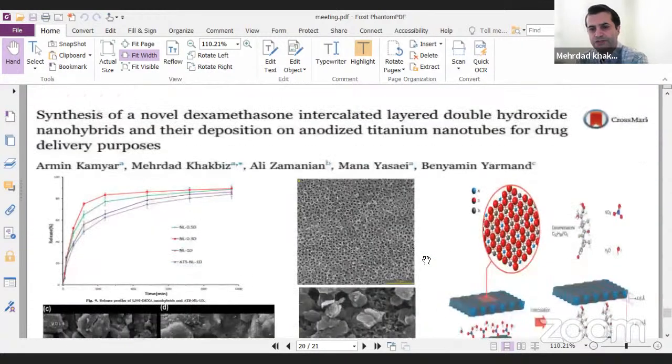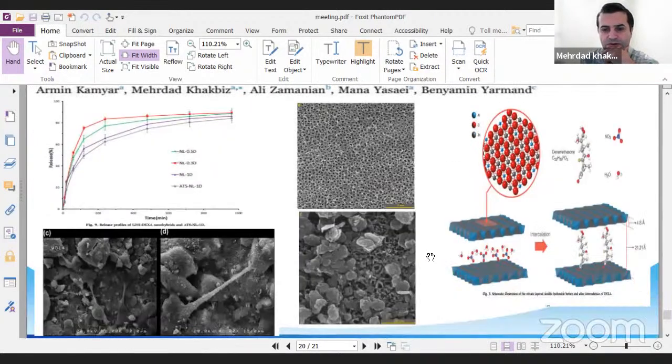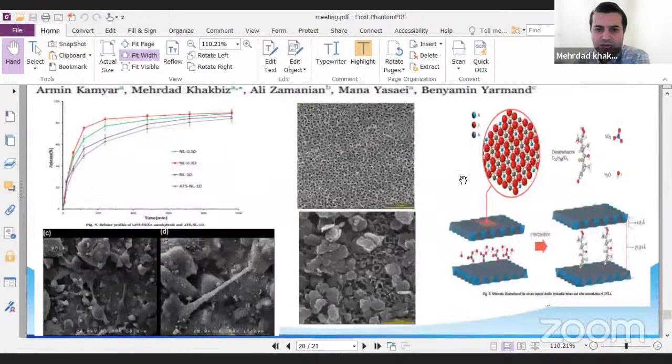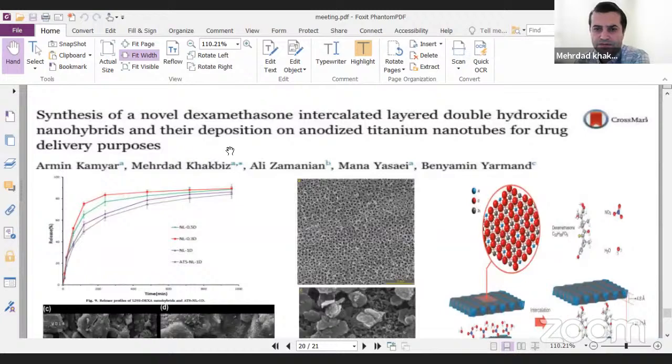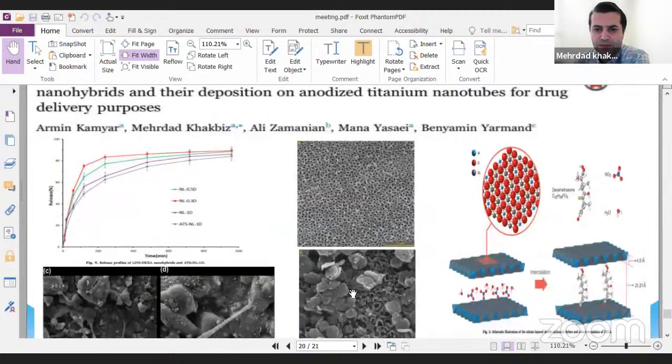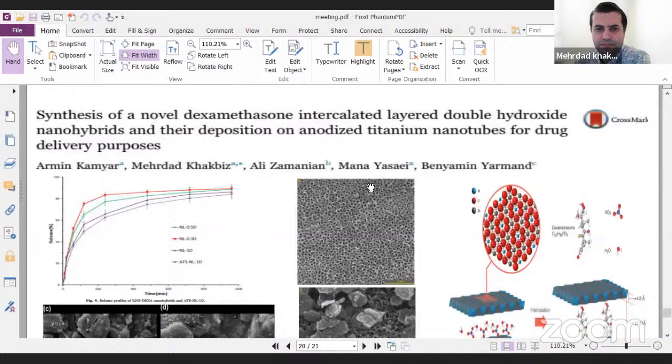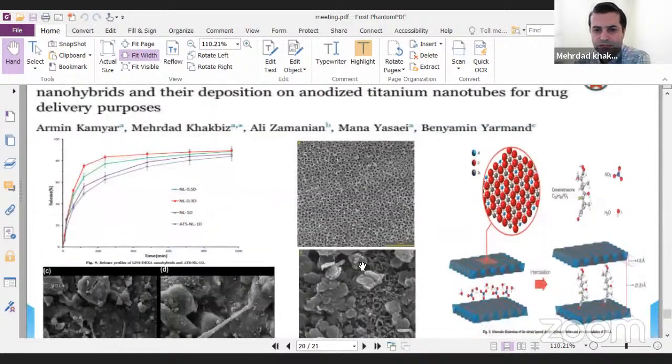So we continue this research for modification of the surface of the titanium. For this purpose, we use some drug delivery nanoparticle, which is a layered double hydroxide nanoparticle, and also we used some specific drug inside this nanoparticle, and also we coated this nanoparticle on the surface of the titanium. So we loaded some dexamethasone on these nanoparticles,